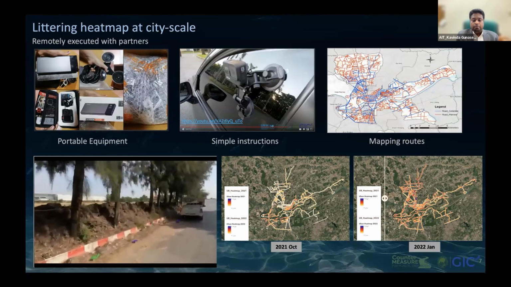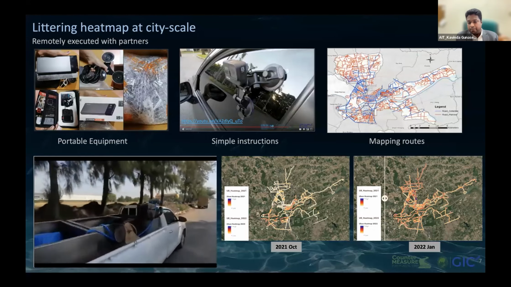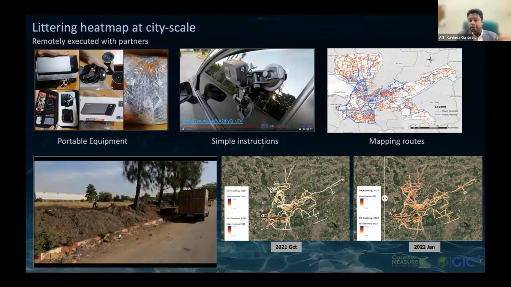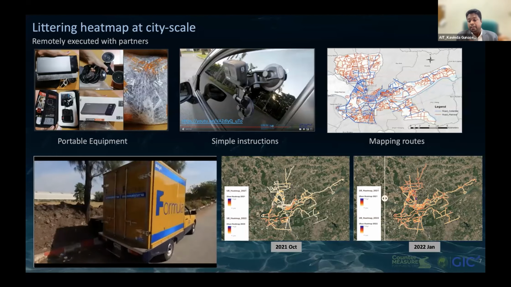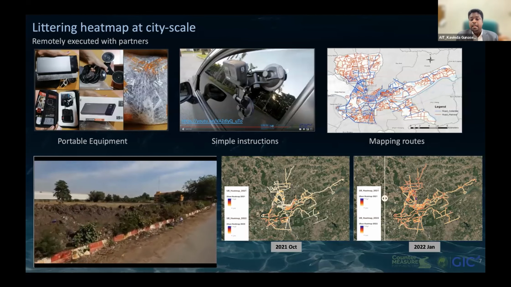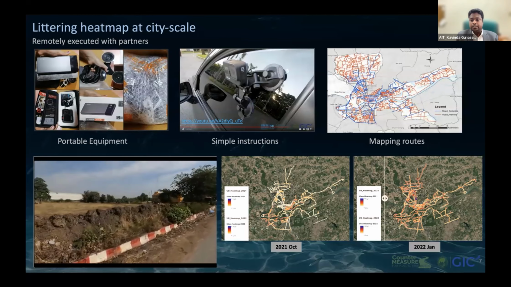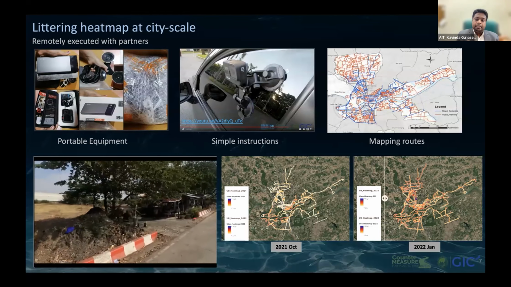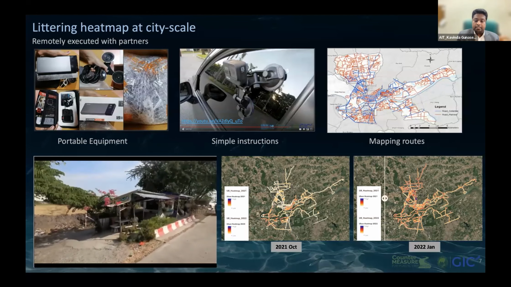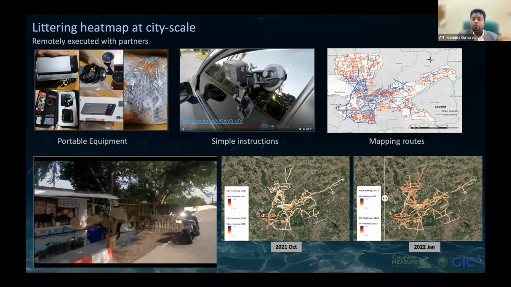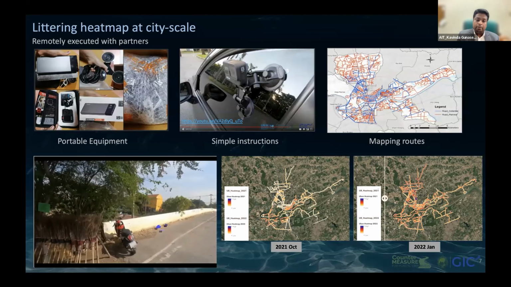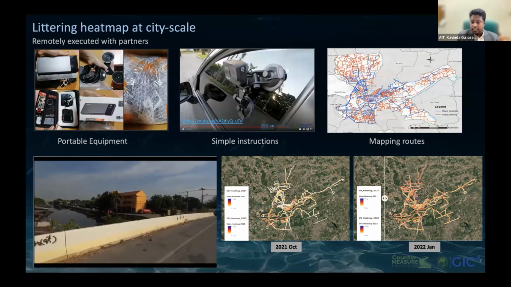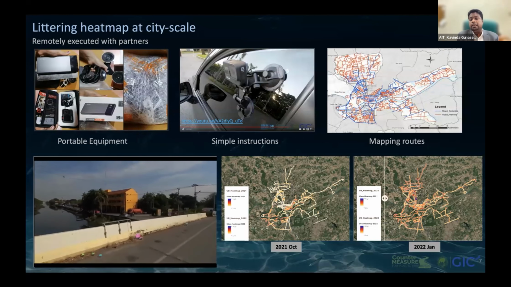And below on the right side, you can see two maps which we developed under the project, the first from October 2021, and the second from January 2022. And we are detecting objects along the canal. So I think this is the way we are thinking of how cities can see how their city is getting better with plastic litter over time. And also if they want to make benchmark maps for their cities, showing the pollution stages, they can utilize this kind of tool.